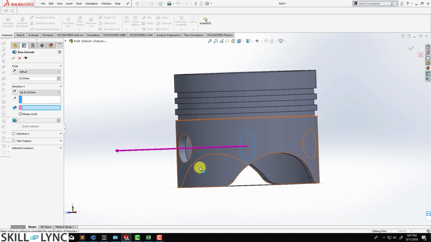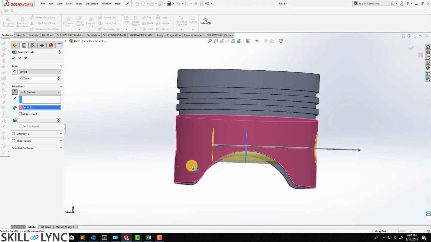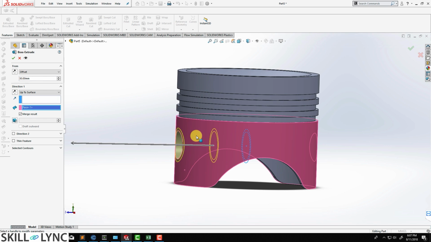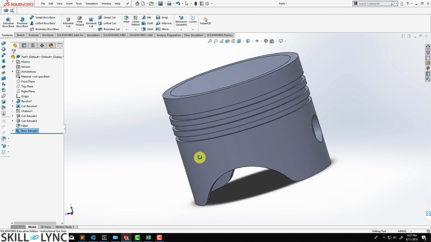So what we're going to do is we're going to just select the outer surface, sorry, not the inner surface, the outer surface, and you can see that this produces the result, but it's kind of in the opposite direction. So click on flip, and now if you actually hit OK, and if you take a look at the mount,